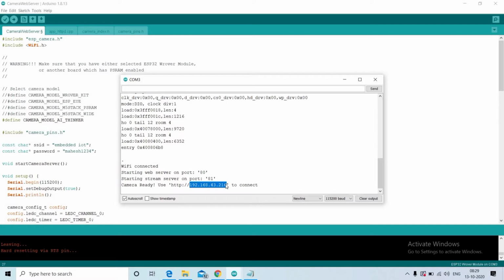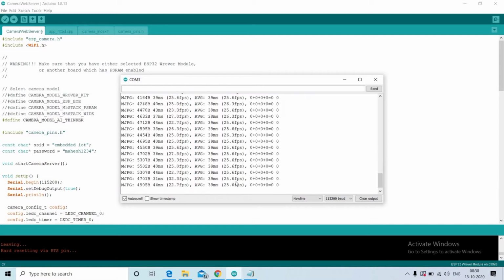Just note it down and enter that IP address in your mobile browser. After entering, the data will be shown in the serial monitor like this.